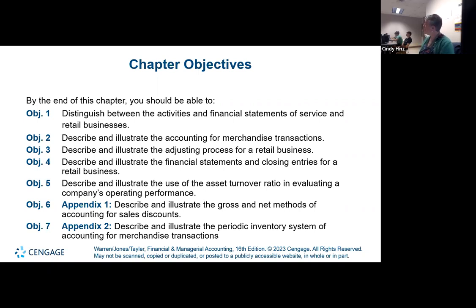So if something happens periodically, that means it just happens every once in a while, right? So I assume even if you don't know the word perpetual, you're familiar with that word. You know what a period is in terms of the school day. So in high school, you have whatever, 7, 8, 9, 10 periods during the day, and you have class periodically. A periodic inventory system has the same concept to it. It means that we only update the records periodically. And from an accounting standpoint, if something happens periodically, it generally means it happens once a month. So if we use a periodic inventory system, we update it only once a month.